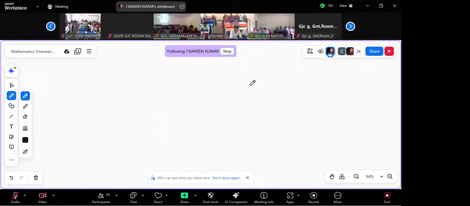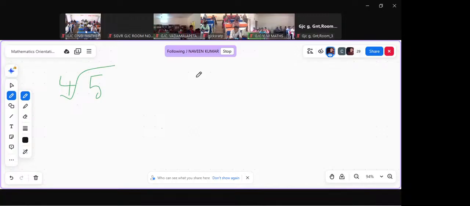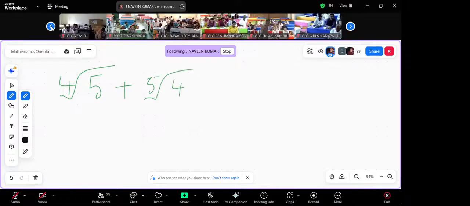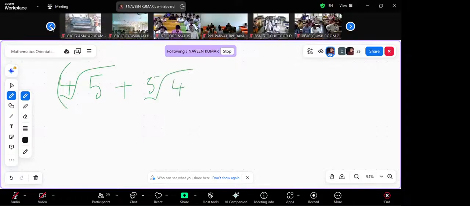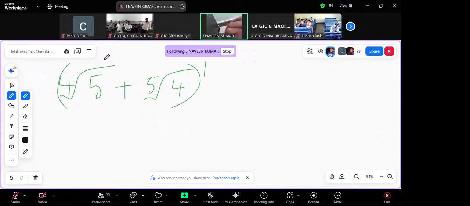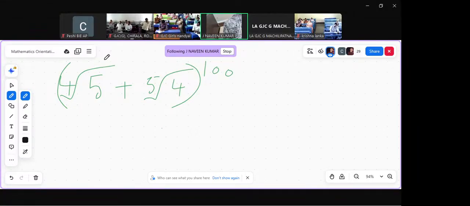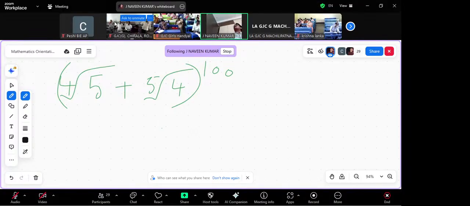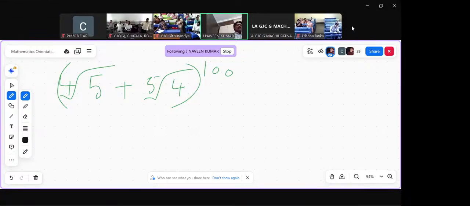So the number of rational terms in the expansion of fourth root of 5 plus fifth root of 4, whole to the power of 100. Find the number of rational terms in this. So how many rational terms will be there? Here there will be 2 points. The very first one is